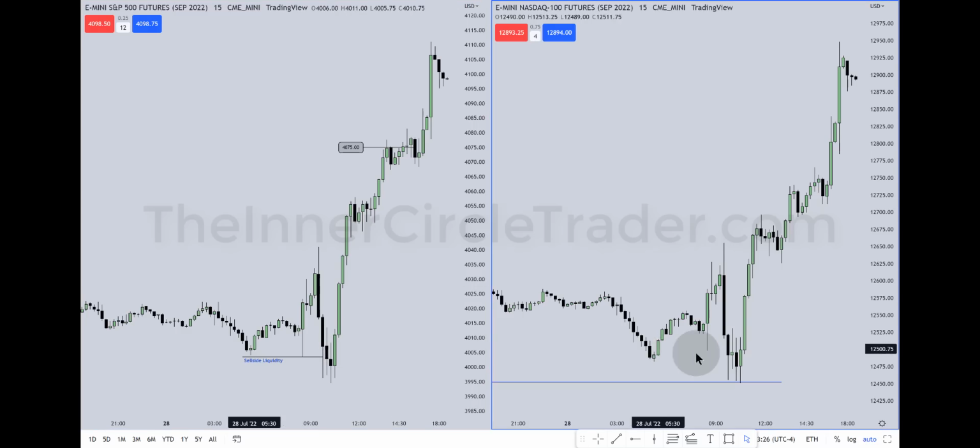NASDAQ, same thing here. We have relative equal lows. It drops down, takes those out, completely hits the imbalance shown on the hourly chart, rallies, comes back in, fills a fair value gap here in the 1 o'clock hour, starts to rally, another fair value gap here, fills in that, rallies once more, and digs into our 12,800 target here,